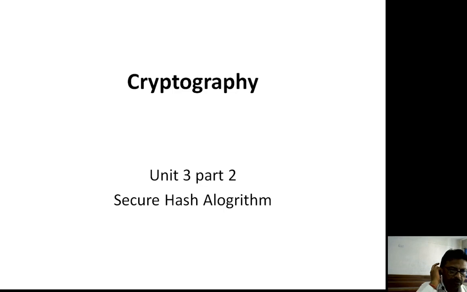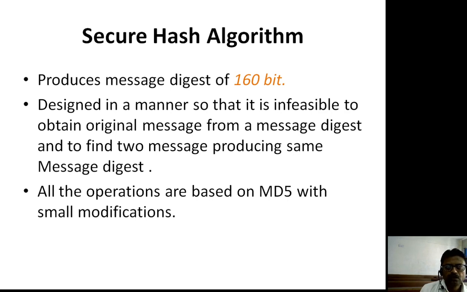Now, when we compare the message digest algorithm with the secure hash algorithm, we find that the message digest algorithm gives a digest of 128 bits, and in comparison the secure hash algorithm is a more advanced form of calculating the hash value of a message, and the size of the hash value or digest value is 160 bit. So what is a secure hash algorithm? It produces a message digest of 160 bits for a message,